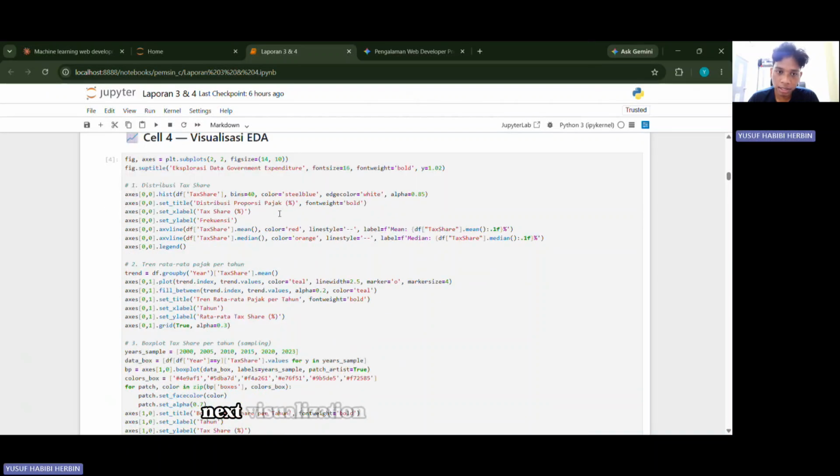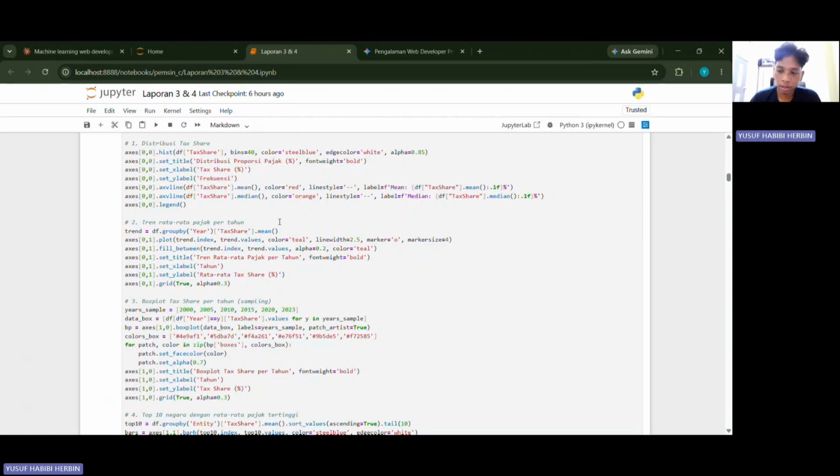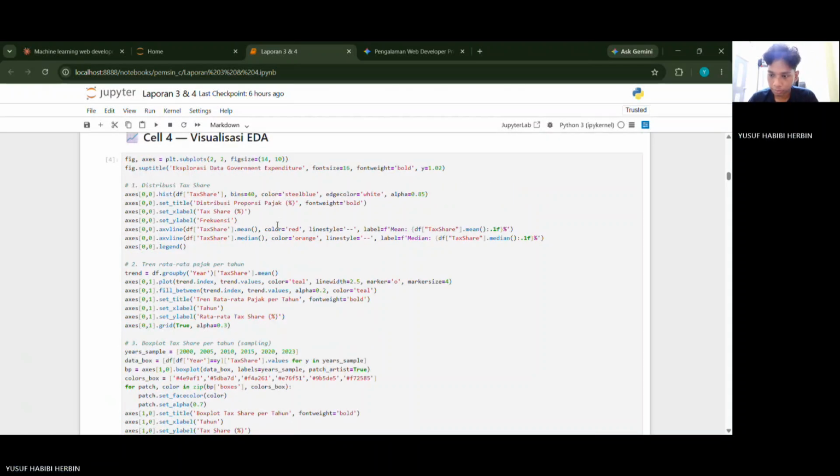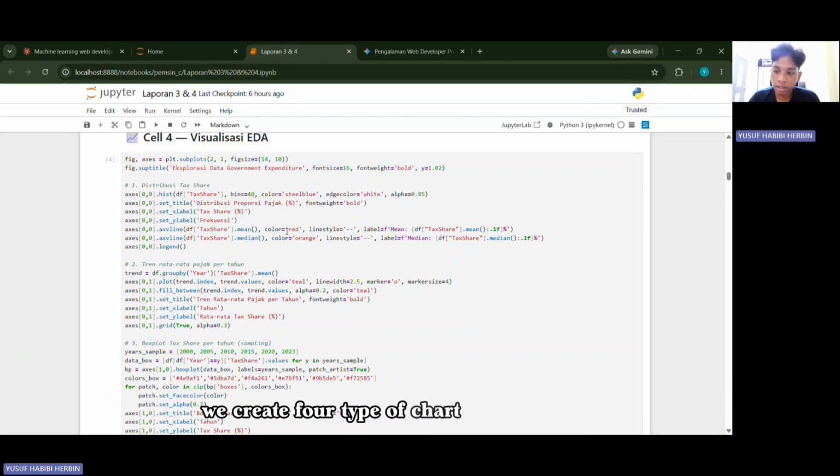Next, visualization EDA. We create 4 types of chart here. A histogram shows how the values are spread across all rows. A line chart shows how the average changes from year to year.